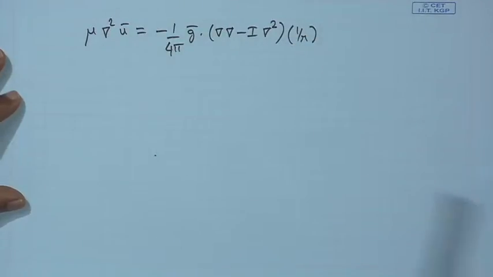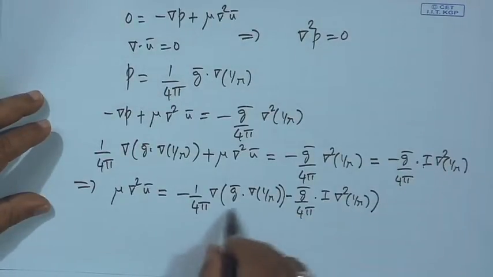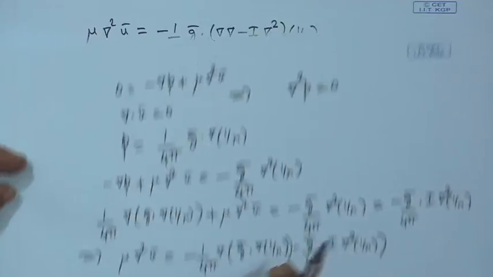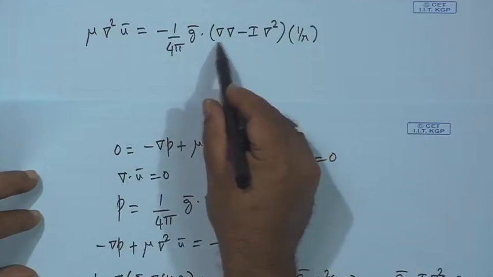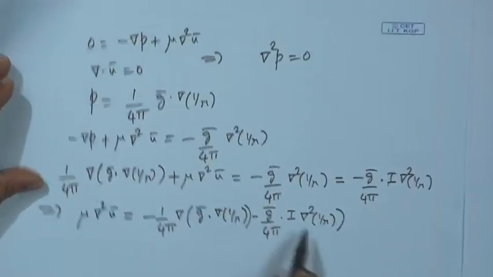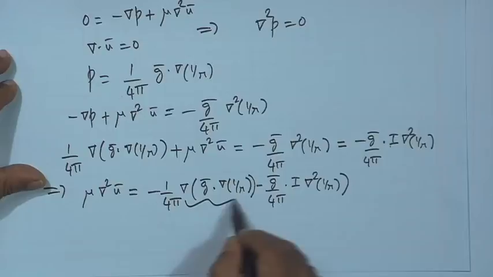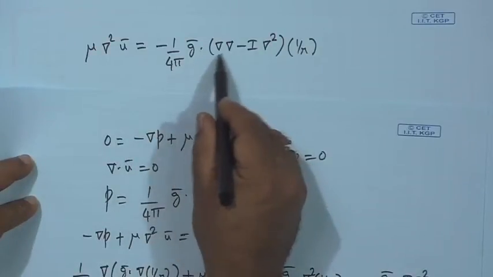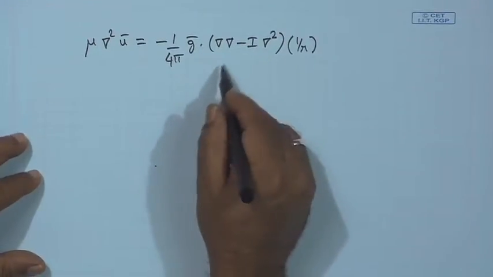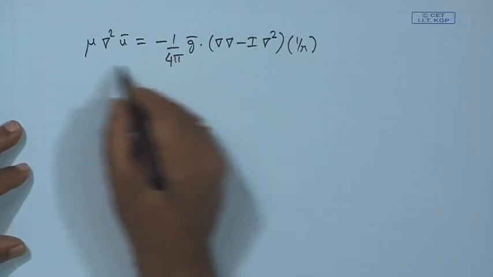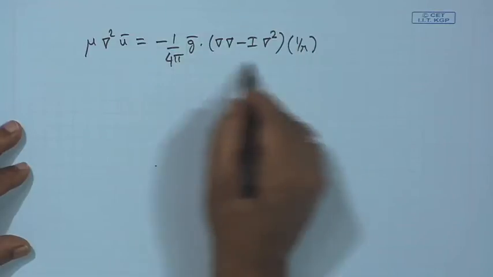So, please note that we are trying to introduce a dyadic notation which is given by this. Okay. So, this is exactly producing the first term and the second term we are writing as it is. Okay. So, you can verify this is equivalent to this. So, where this is a grad on grad. Okay. So, this is called a dyadic notation. Okay. So, from here it is of the form Laplacian operating on u equals to some operator on function of